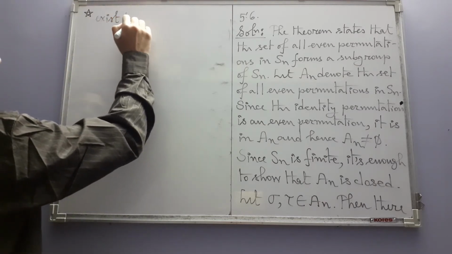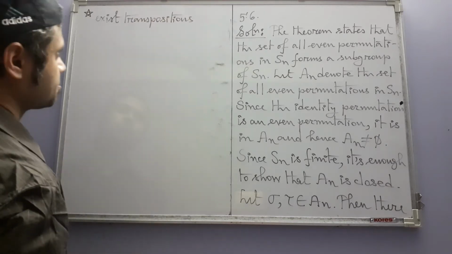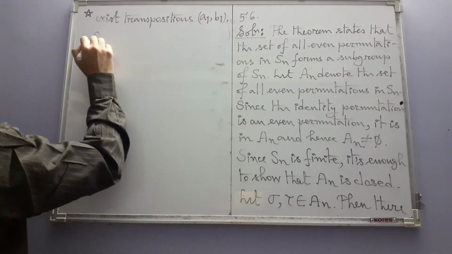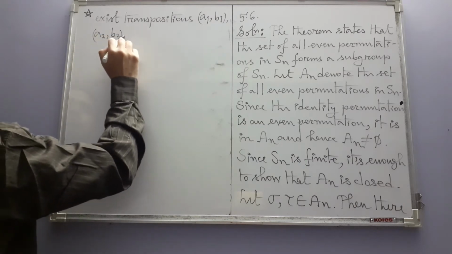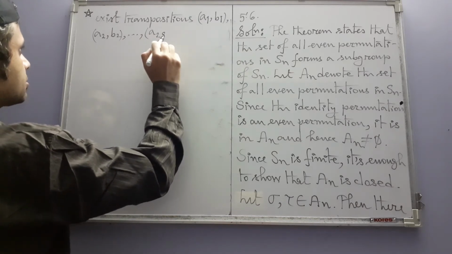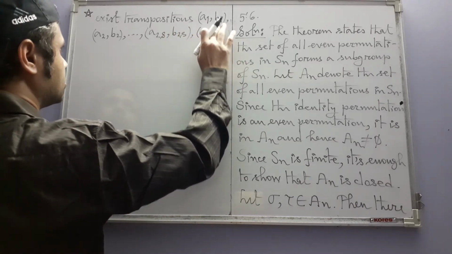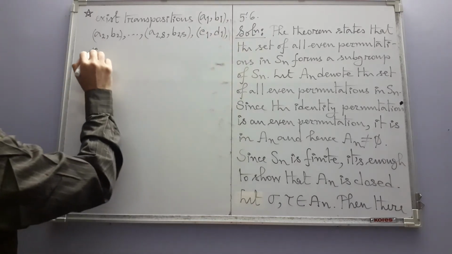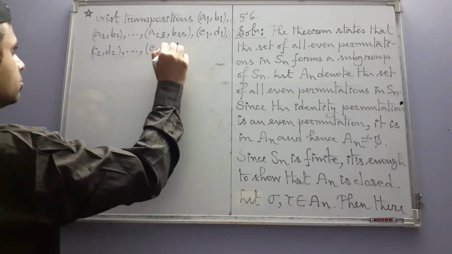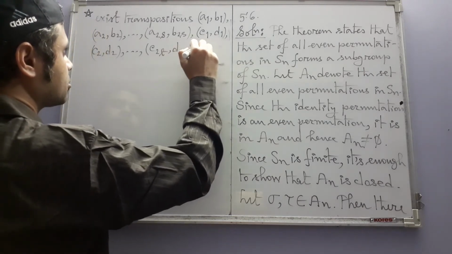There exist transpositions. Let's take them like before: A2S, B2S, and then C1, D1, C2T, D2T, where S and T are positive integers, that is understood, such that